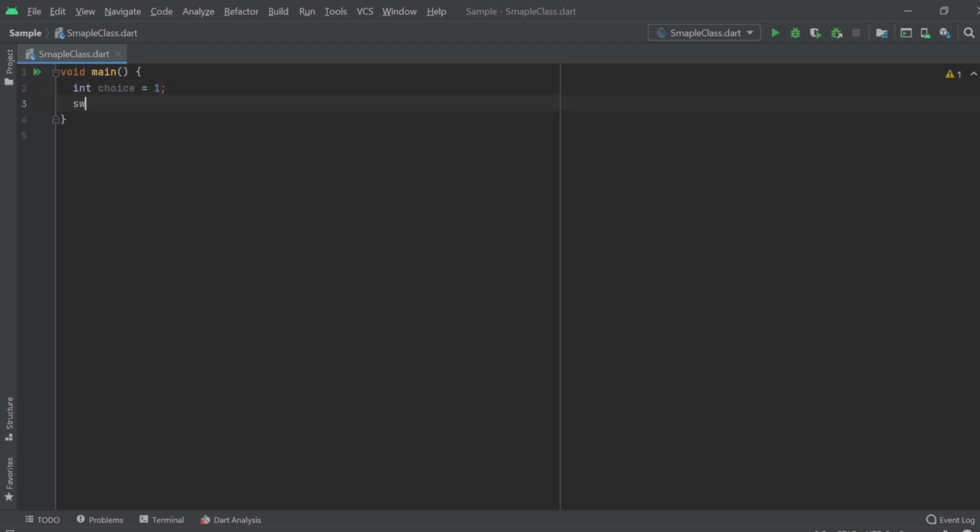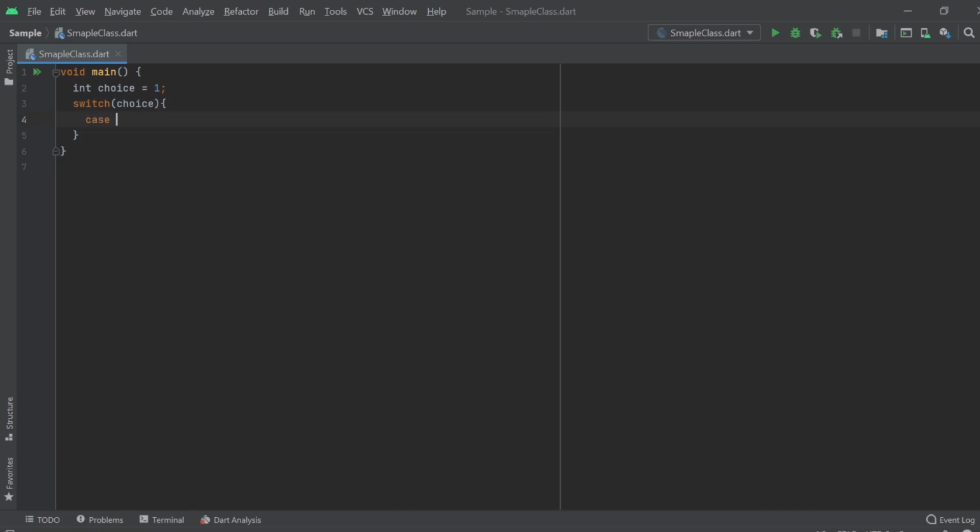Make the switch case, and in the parentheses I will pass the condition that I want to compare. Like I want to compare choice, so I will write choice in the parentheses.